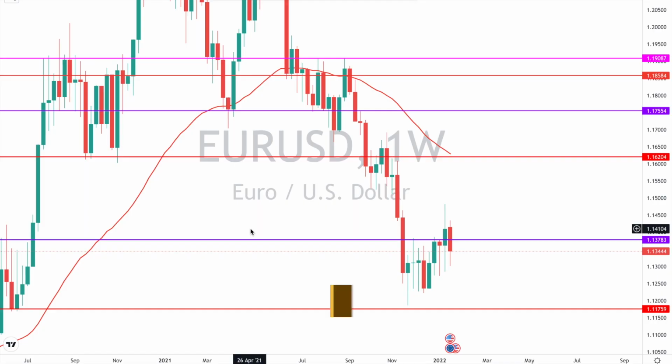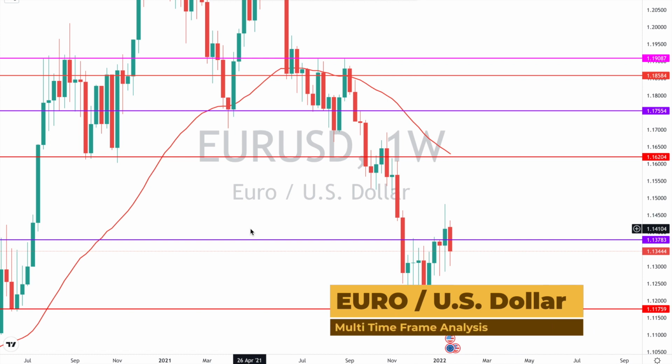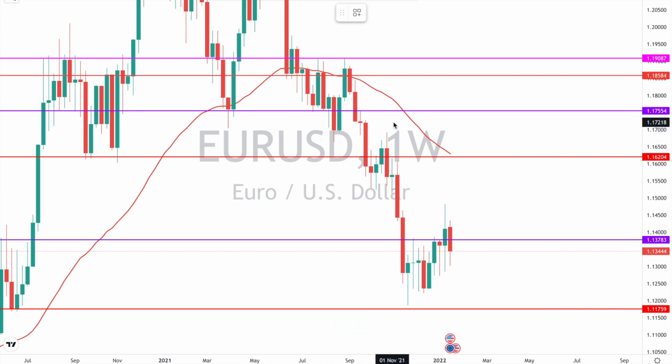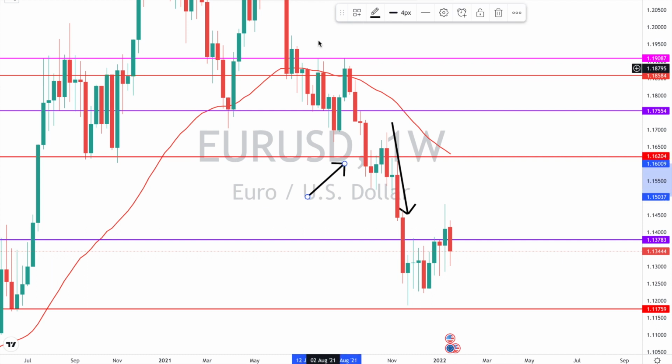So here is $1 weekly time frame and let's analyze our weekly price action, based on which we will build a trading plan for next week. As you can see, we had a drastic downtrend right here, with price smashing everything on its way. Two meaningful supports were broken during the downtrend, this daily level right here, and also this